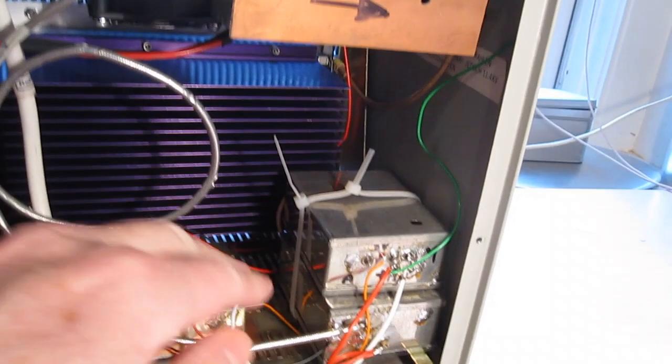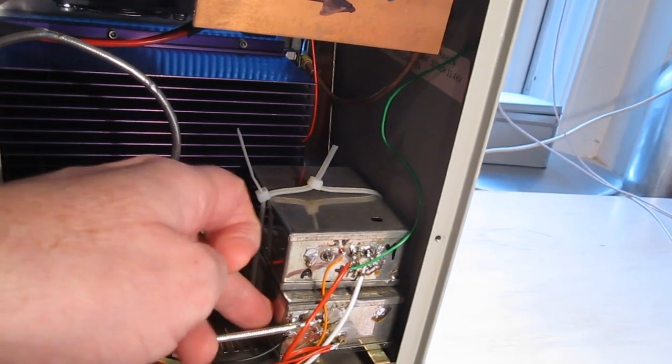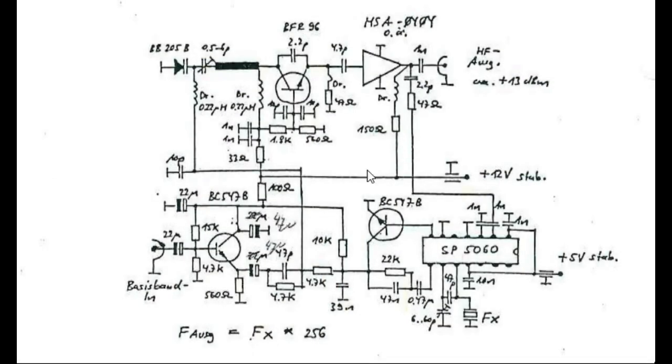And in fact, what it all is, it is a fixed frequency transmitter. The frequency is generated in this housing. Just some explanation about the circuit that generates 1/3 of the final frequency. We have an oscillator here that's running around 1100 megahertz, and it's amplified by an MMIC, and some energy is taken to this SP5060. At that time, we're talking about 1987, the schematic is so old, it is a PLL